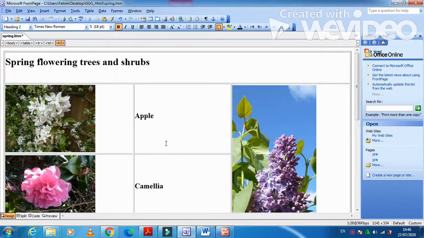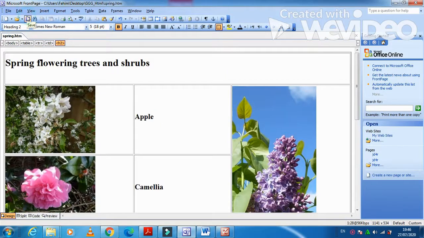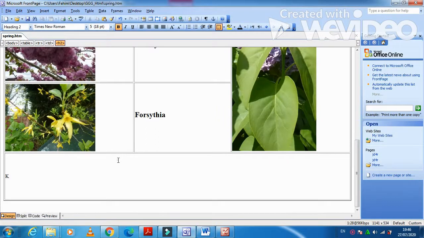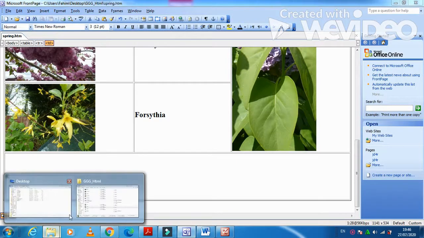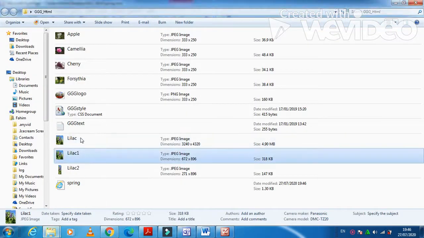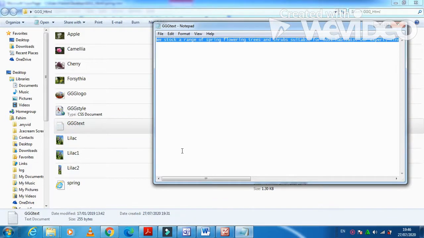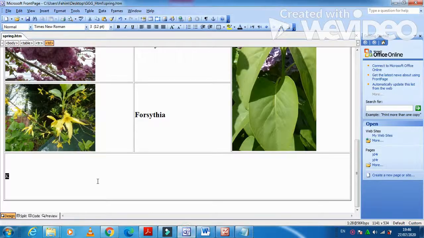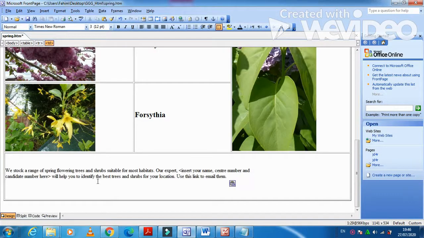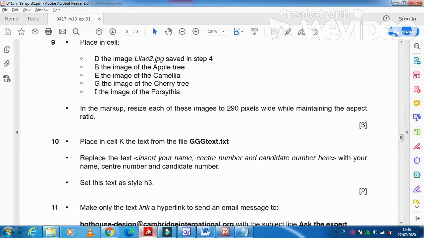Yes, I'm going to click on save first. In cell K I'm going to open the file. Here, in this file, I'm going to select all the data and then paste it into cell K. Then they ask us to replace the text, insert your name, center number, candidate number with your name, center number,